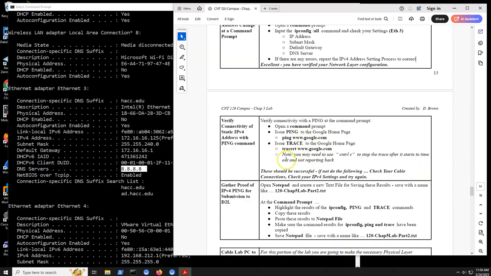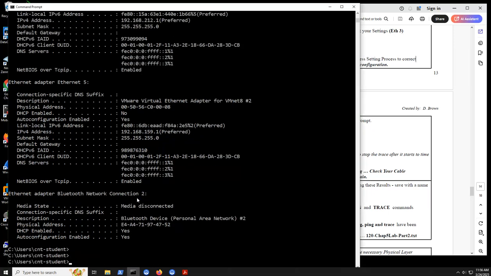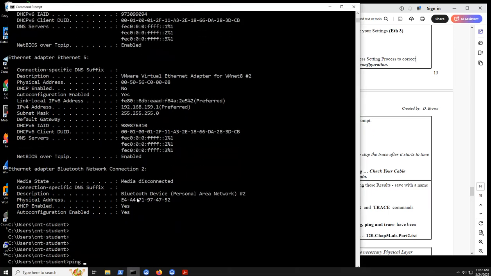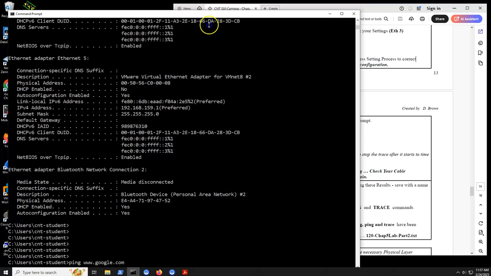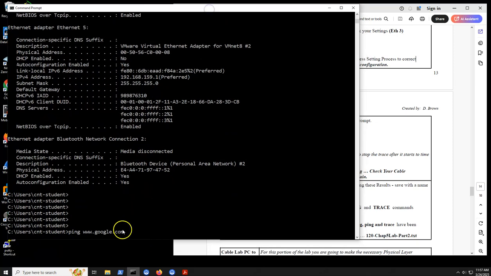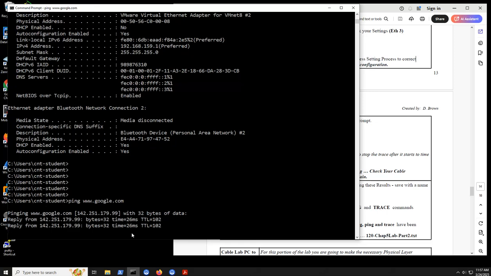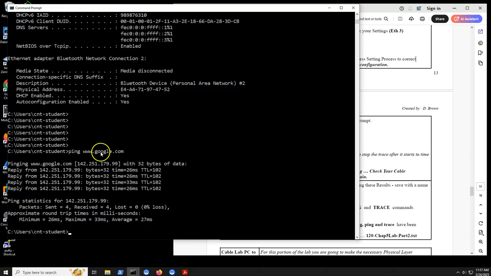Let's do a ping and a trace test. So we're going to do a ping, and we're going to ping Google. Let me make this a little bigger. There we go. That should be a little easier to see now. We'll hit enter, and we might get a timeout or two. That's okay, but we should at least get a couple successful replies in here. And I have a connection out to Google. So my cabling is correct and my layer 3 is correct,